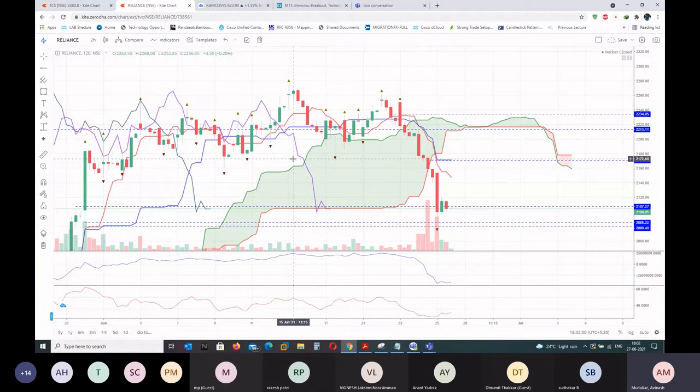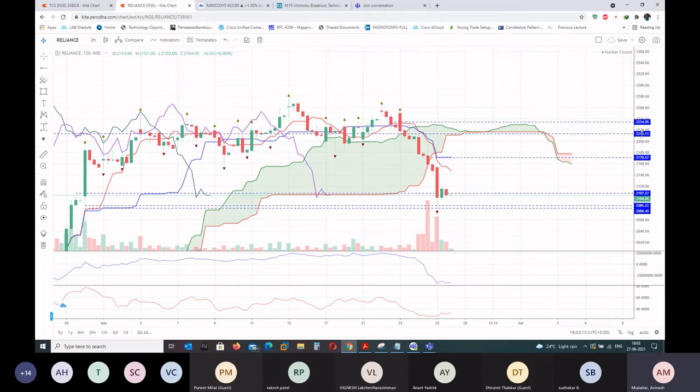But the only issue here is Chikou span was about to hit this cloud edge. So I will not take this. I would avoid it totally. But if there was no cloud involved here, and there's a crossover and momentum is shown, I'll totally take it. So you need to take all these things into consideration.